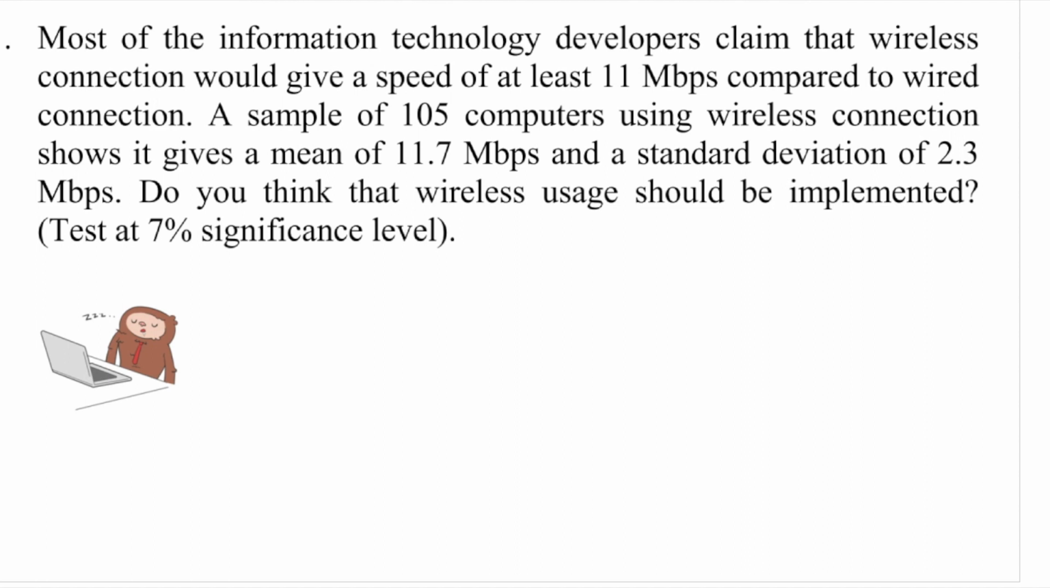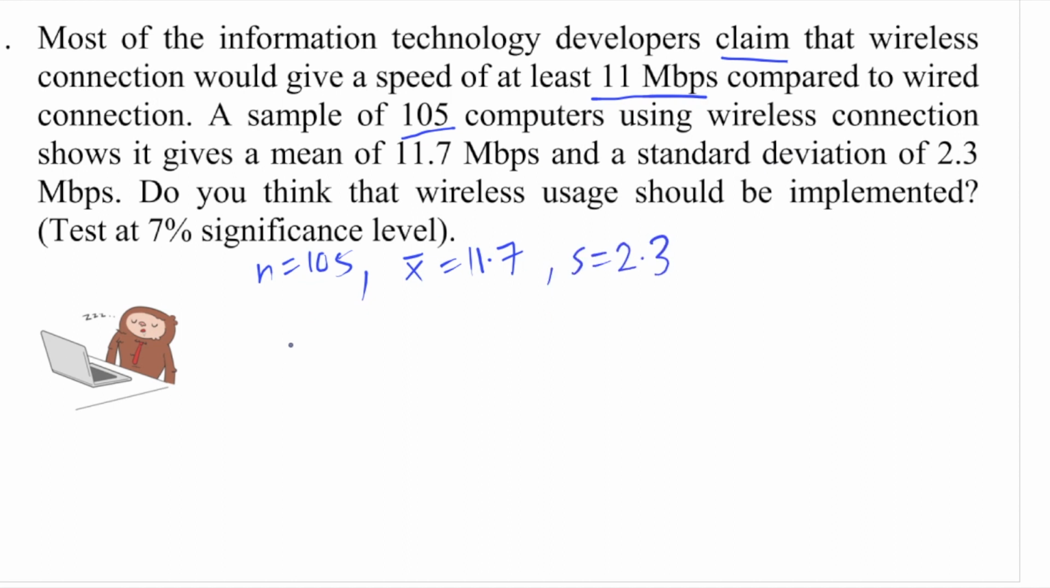So for the first question, the claim is that the wireless connection will give a speed of at least 11 megabytes per second compared to wired connection. A sample of 105 computers, so n is 105, using wireless connection shows that the mean is 11.7. The parameter that we are testing here would be the population mean, which is mu. The mean comes from the sample, this would be x bar, 11.7, and the standard deviation also comes from the sample, that would be s,